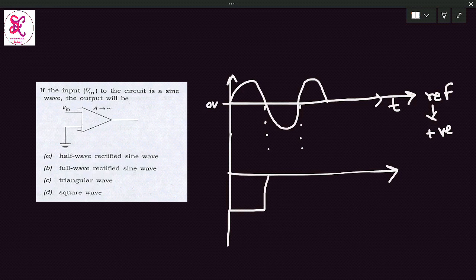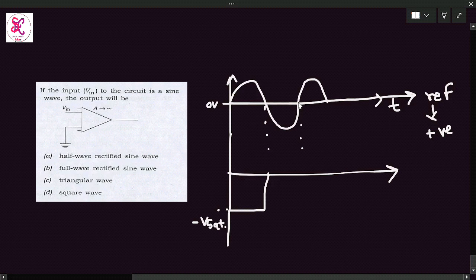negative square wave, and this voltage is nothing but minus V saturation, and this saturation voltage is approximately equal to the supply voltage because of high gain in the open loop configuration of op-amp, and input is at inverting terminal. So we are getting the negative square wave if input is positive, 180 degree shift when we apply the input at inverting terminal, and if